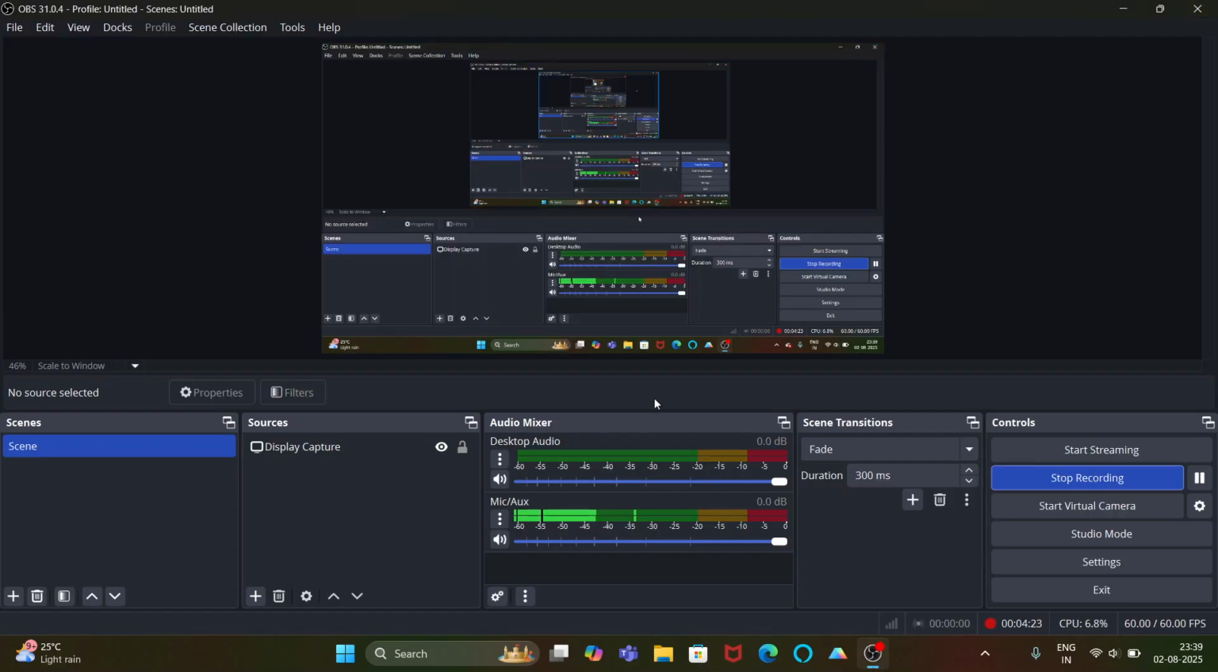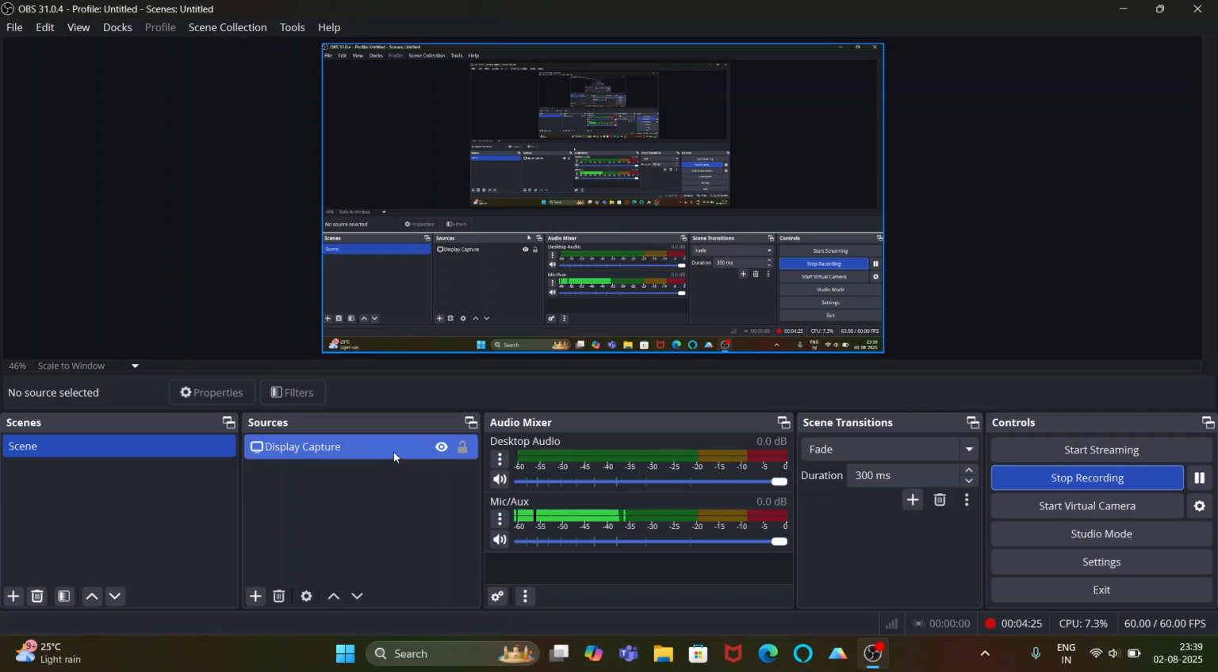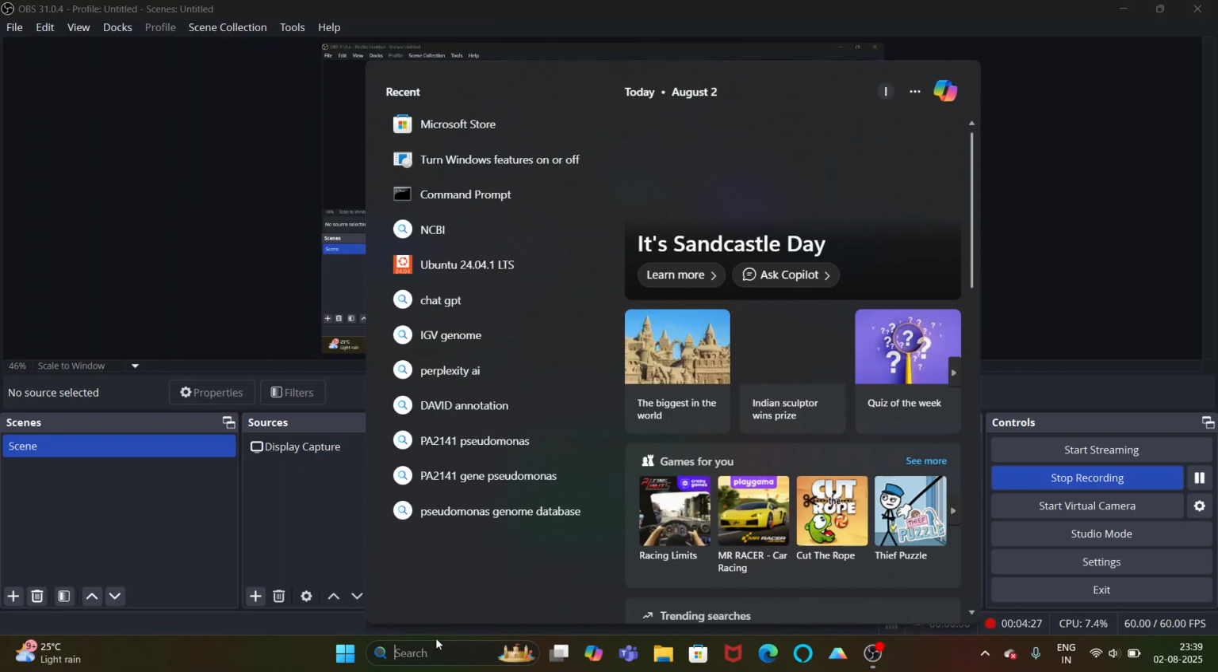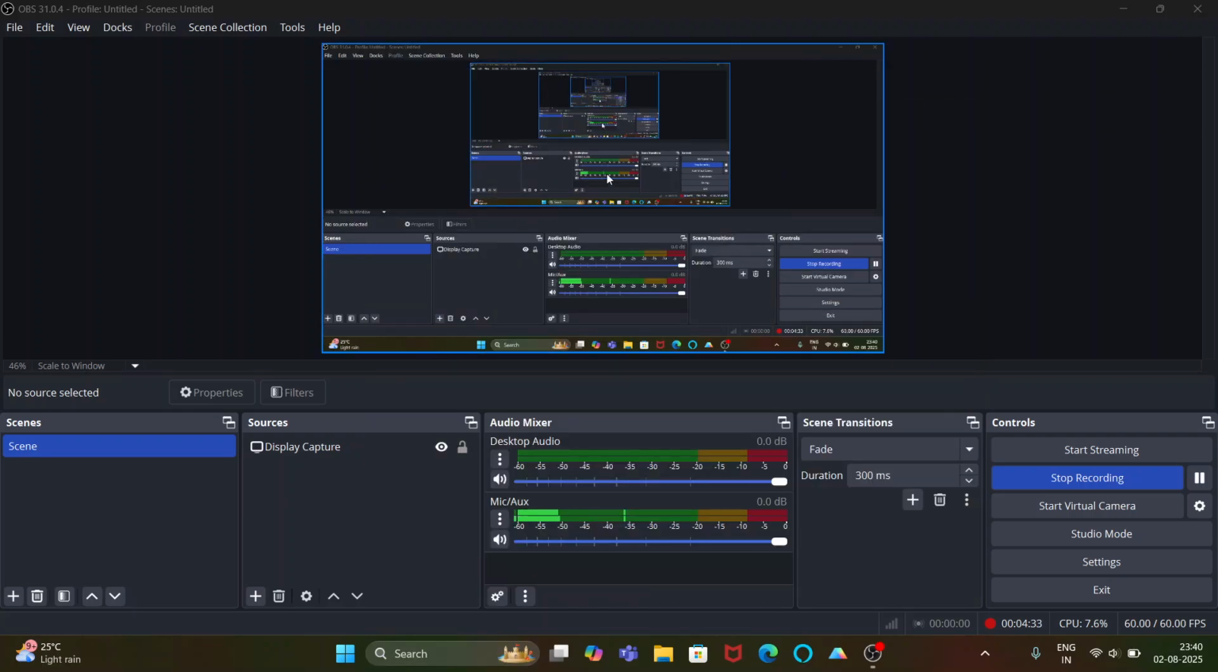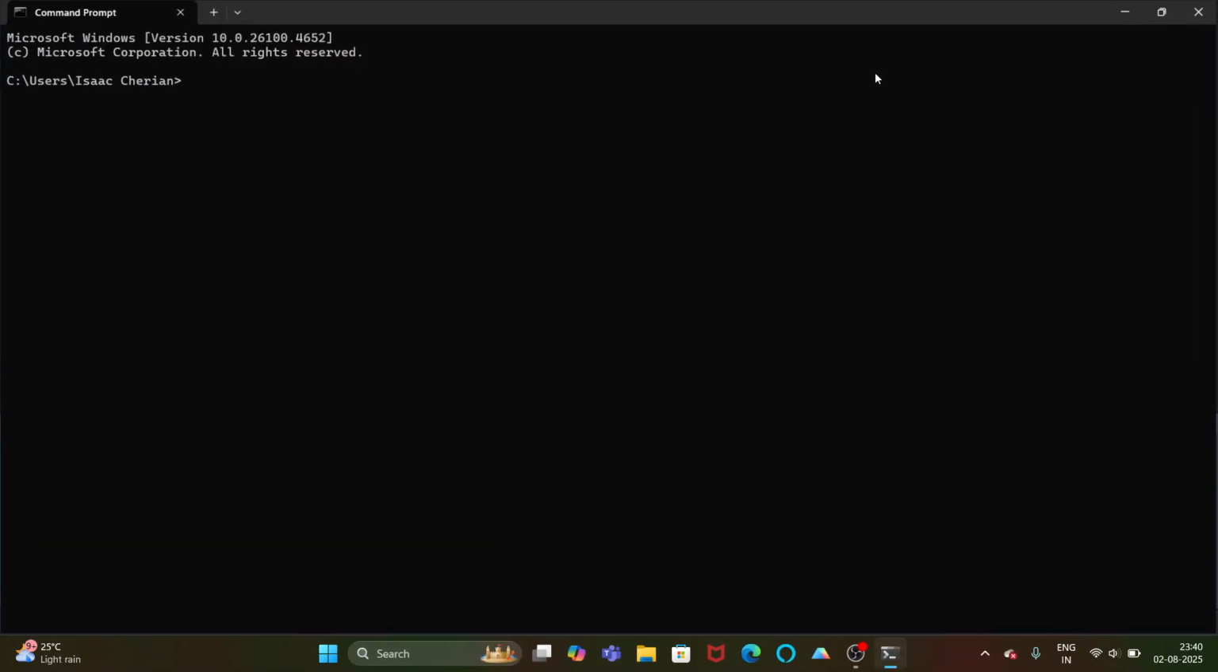Then I will just close it up, and afterwards I will open up my Windows prompt, go to the search bar and type prompt, and select this option, and then type WSL status. So you can see that when I press enter after typing this particular command, it shows Ubuntu 24.04